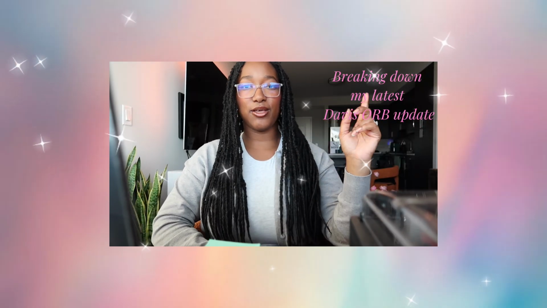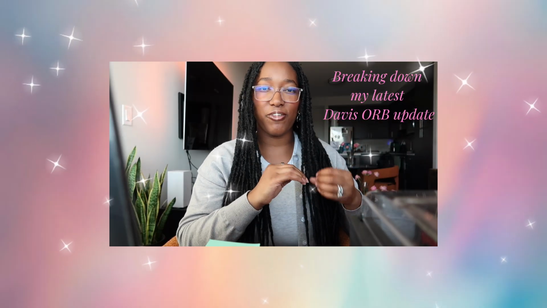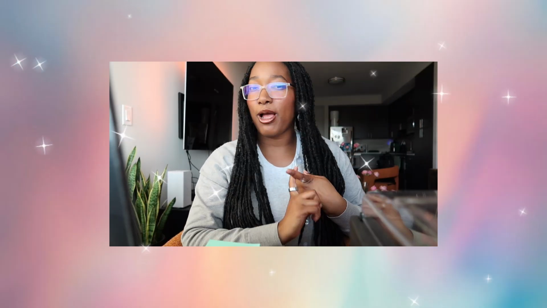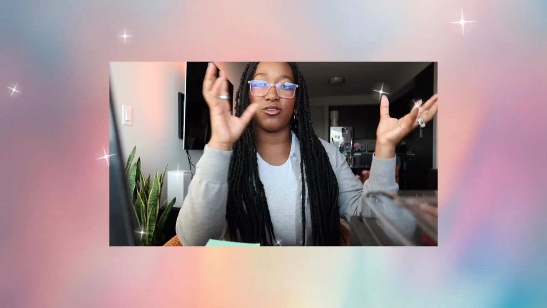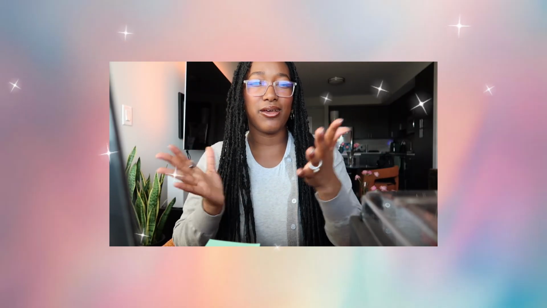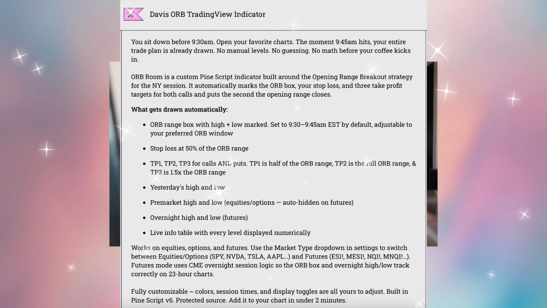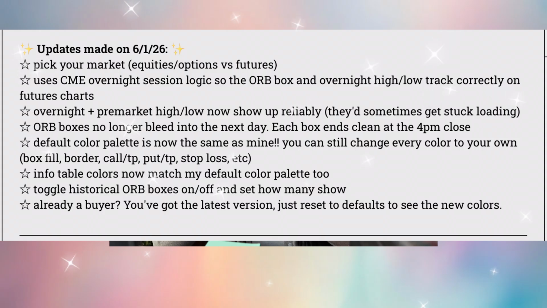So when I made version 1, I feel like I wanted it to have a few more features. It really wasn't properly calibrated for the futures versus options market, because I typically traded options. I knew other people who traded futures were using it too, so I wanted to update that and make sure that their ORB range was perfect. I also added in the option to turn on and off historical boxes. I did all this stuff. I'll add a picture on the screen of the recent updates I made, but I have been working on that,